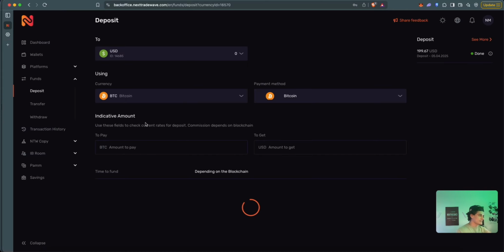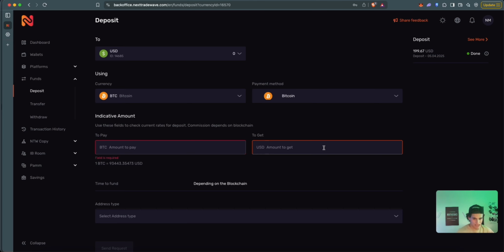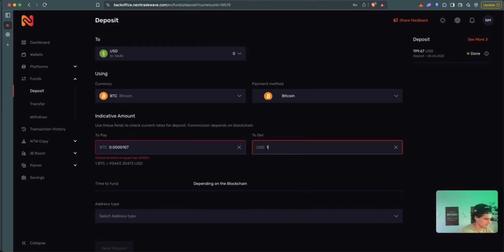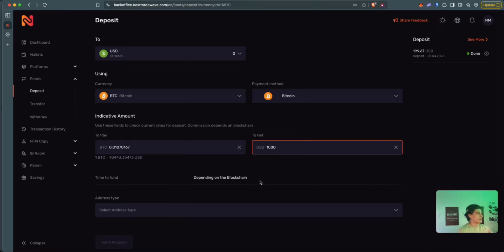And then here is the to pay and to get. So if you wanted to get 500, you would put in the amount 500. Well, let's just do 1,000 just to make it simple. 1,000, and it would show you how much you have to pay. So 0.0107067 Bitcoin. USDT is a little simpler, but again, it's not that hard. You can just copy and paste the amount or just type it in the way that you see it. So if you want to do 1,000,